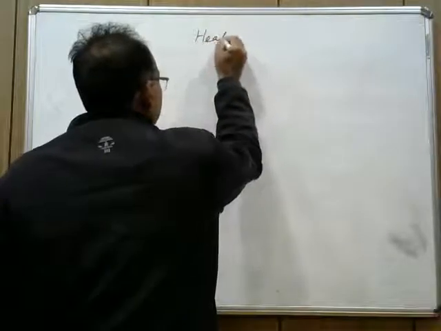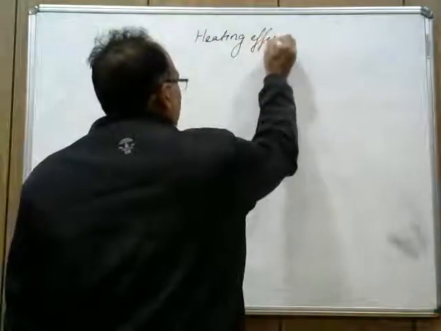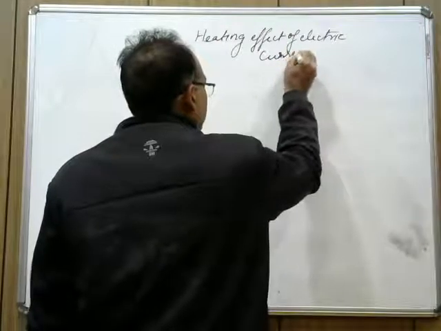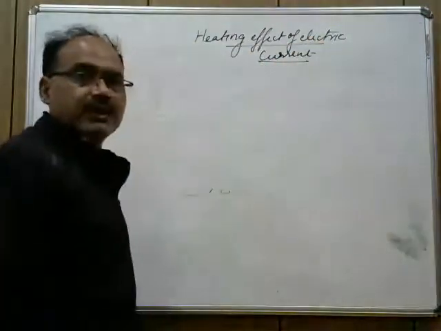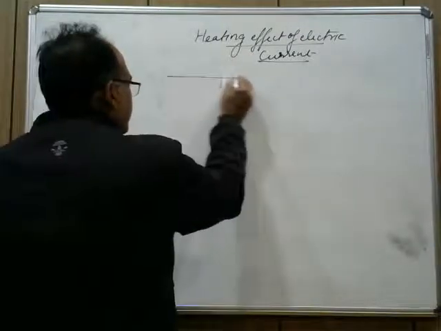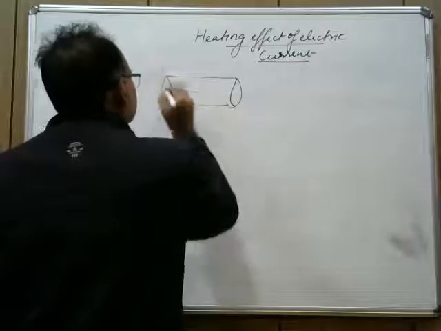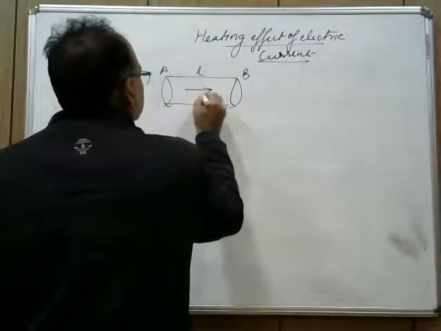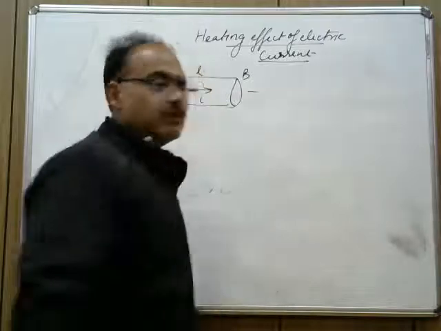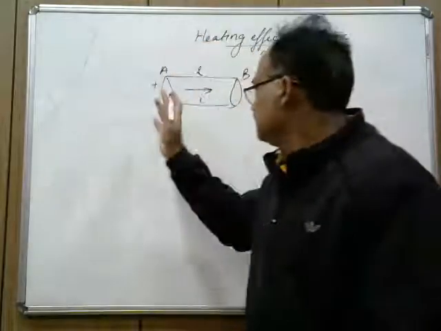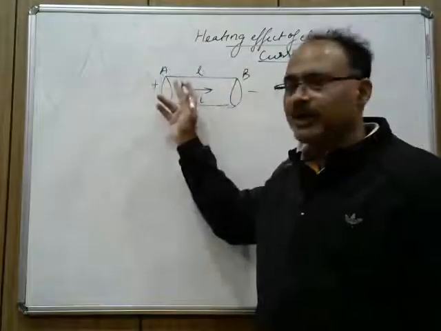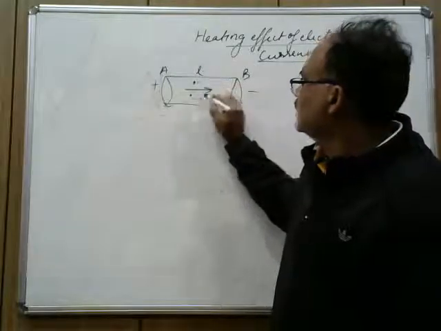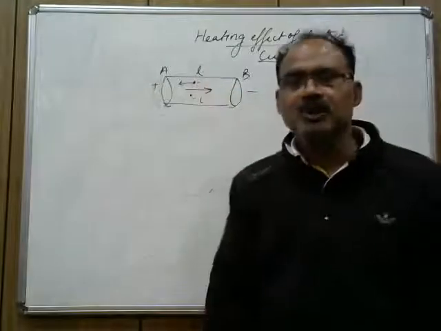Heating effect of electric current. Now see here, पहले इसके बेसिक समझिए. सपोज दिस इज ए कंडक्टर, ये एक कंडक्टर है. अब करंट अगर इधर को फ्लो कर रही है, दैट इज फ्रॉम पॉजिटिव पोटेंशियल टू नेगेटिव पोटेंशियल, तो डेफिनेटली यहां जो इलेक्ट्रॉन्स हैं, दैट इज इलेक्ट्रॉन्स ड्रिफ्ट इन दिस डायरेक्शन, वो हमने ओम्स लॉ में पढ़ा.